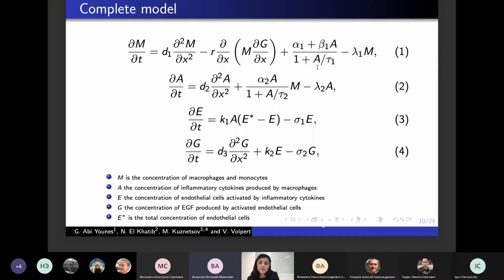It is also possible to consider a simplified one-dimensional formulation. In this case, this term doesn't enter the boundary condition, but it enters the equation similar to the reaction terms. But its biological meaning is not reaction, but influx from blood flow. So this term assumes that monocytes or macrophages are equally distributed very quickly across the vessel wall.